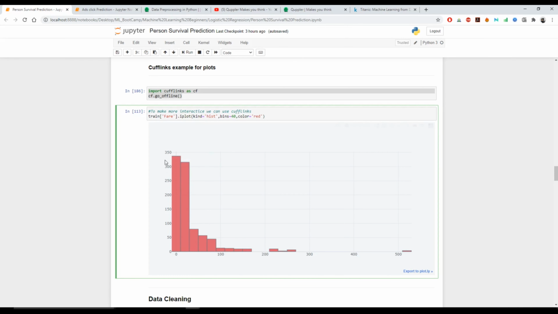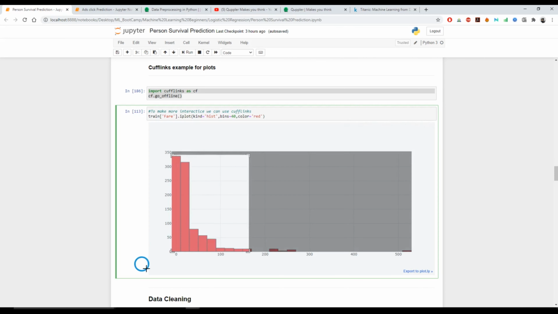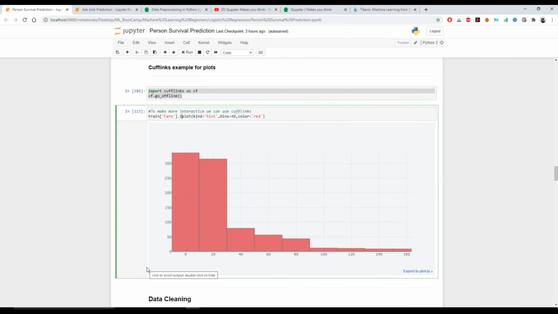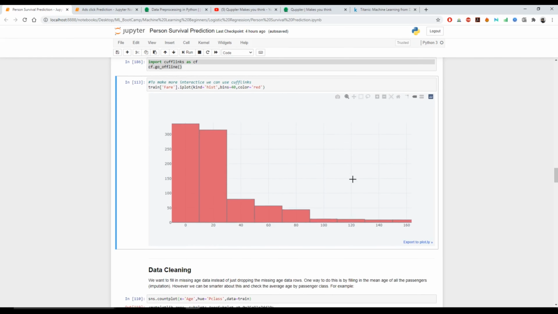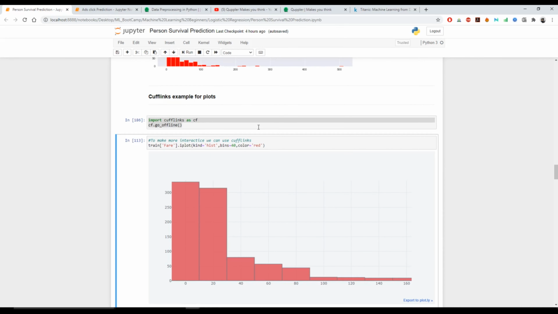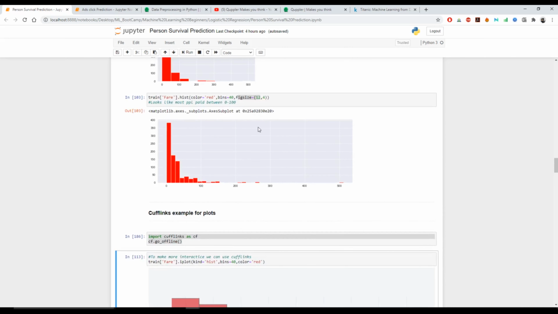If you want to see the data between 0 and 100, you can zoom into that part. This shows us between 0 and 600, so you can zoom and see all that data. So cufflinks gives some more features and is more interactive compared to matplotlib.